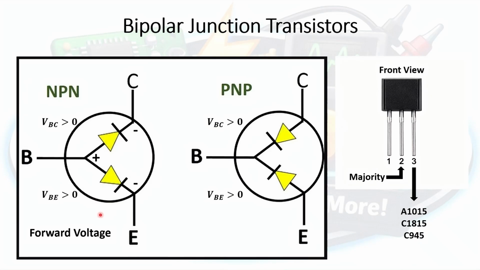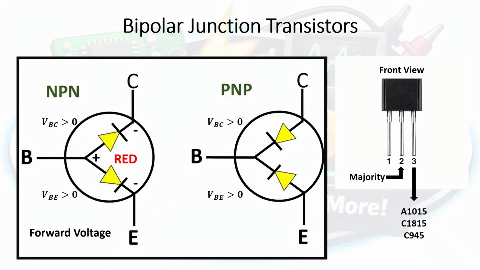Now, remember that if this happens, what you will have on the base is the red probe of your multimeter. This is the probe connected to the volt pin of your multimeter. So, if you make a guess and you get a non-zero value for base collector and base emitter voltage, and you have a red probe on the base, then what you have there is an NPN transistor. Now, what if you have the black probe on the base? If that's the case, what you have right there is a PNP transistor.